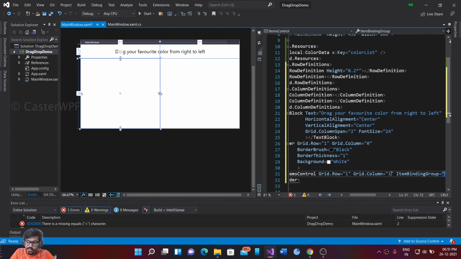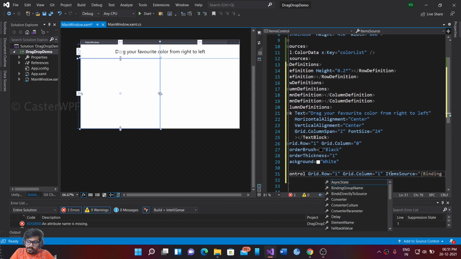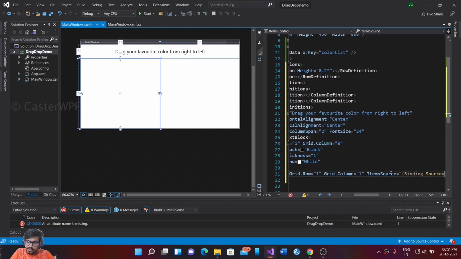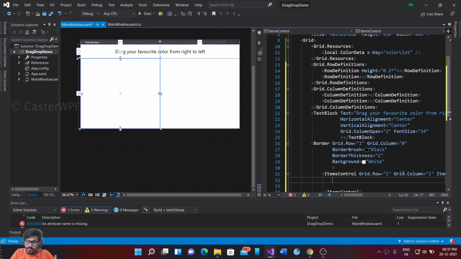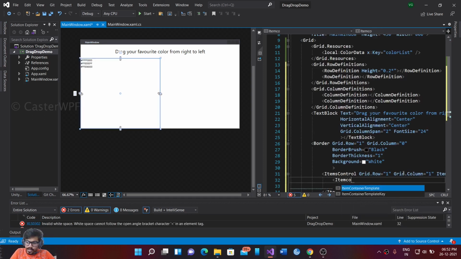We have the item source, which is binded to the static source of color list, and I have item control dot item template,